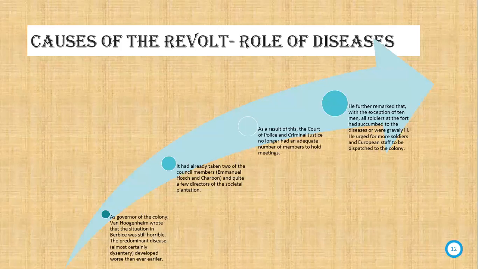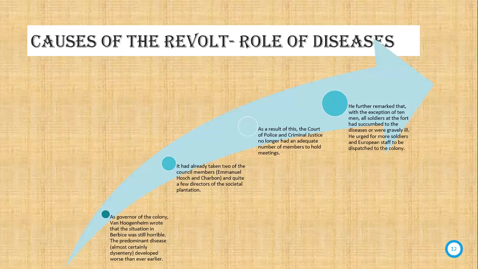Next, we move on to the role of diseases. As governor of the colony, Van Hugenheim wrote that the situation in Berbice was still horrible. The predominant disease, which almost certainly was dysentery, developed worse than ever. It had already taken the lives of 2 council members, Emmanuel Hosch and Charbon, and quite a few directors of